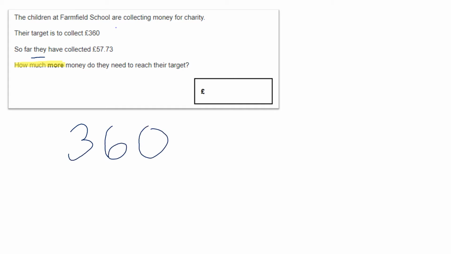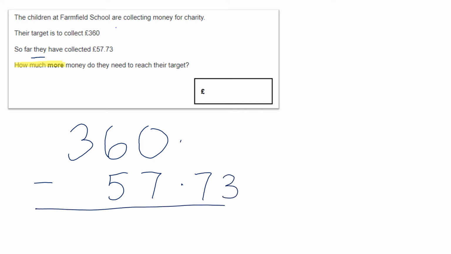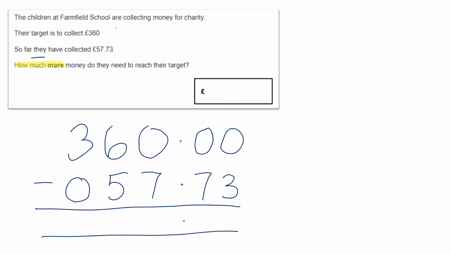Excuse the handwriting on the screen, and then 57 point, and decimal point there as well. They are decimal points, it's just quite difficult to write on the screen that I'm using. Okay, and pop the decimal point straight into your answer. I will write that one again for you. There we go. And to make life easy, placeholders go in. Okay, so £360 take away